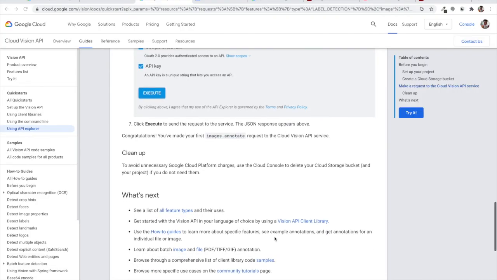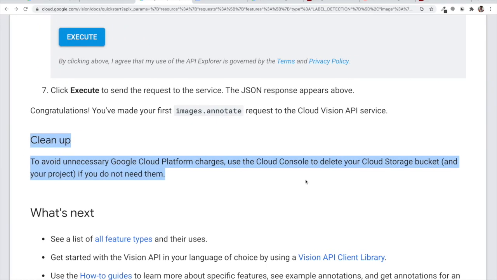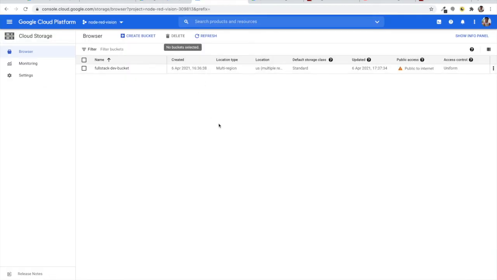Also a very important topic, don't forget: after every drill down into any API and usage, Google gives this suggestion of cleanup to avoid unnecessary Google platform charges. Use the Google Cloud Console to delete your cloud storage bucket and also the project if you do not need them. That's a good idea. We can anytime create the bucket again, right?